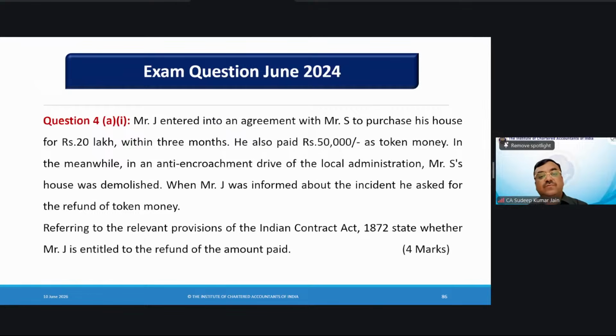Second question, a 4 marks question, asked in June 2024. Mr. S agreed to purchase his house for rupees, with 50,000 as token money. In the meanwhile, in anti and what he has given as advance, referring to the relevant provisions of the Indian Contract Act, state whether Mr. J